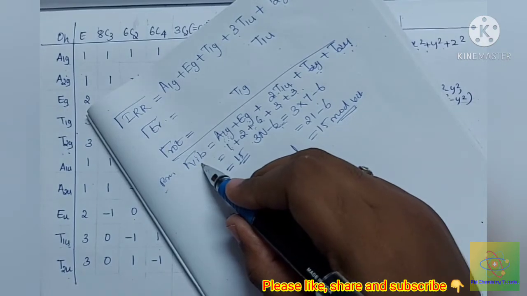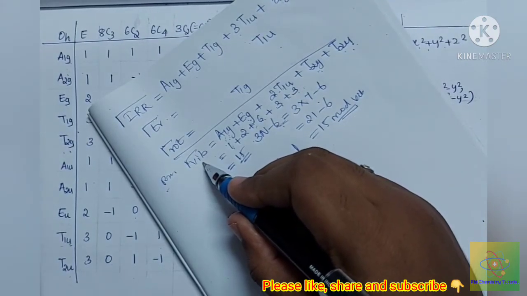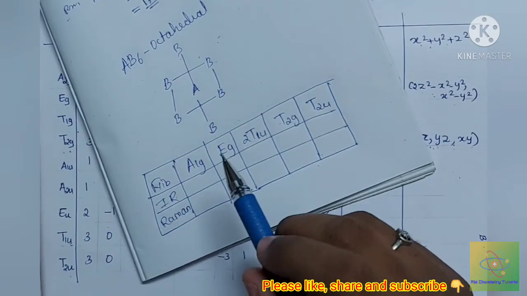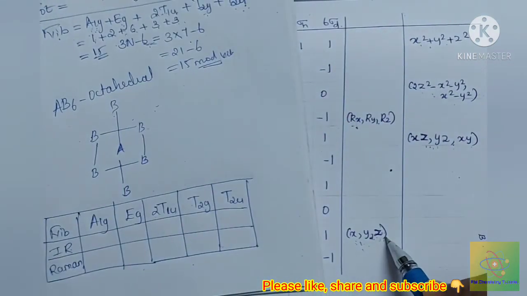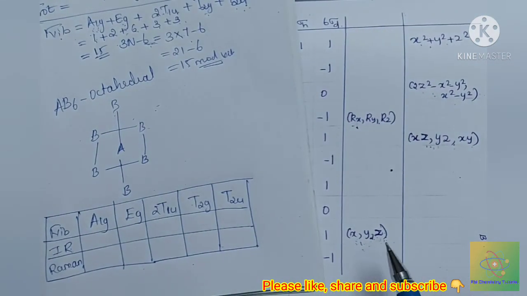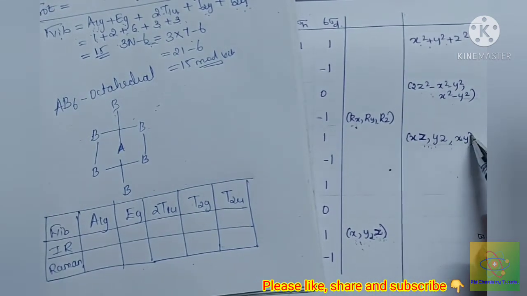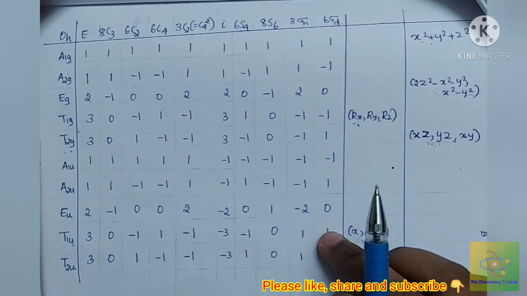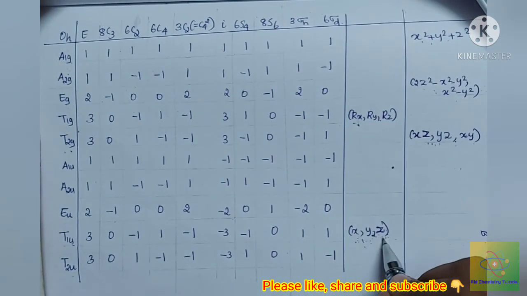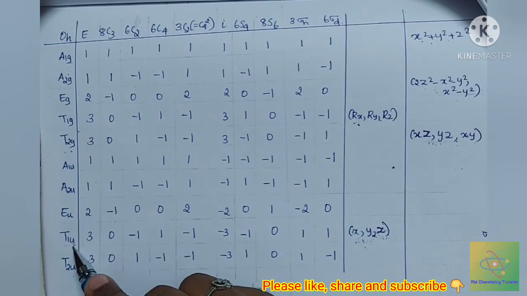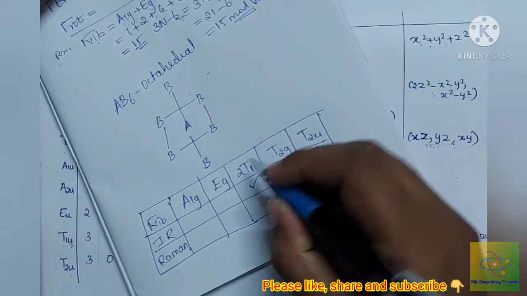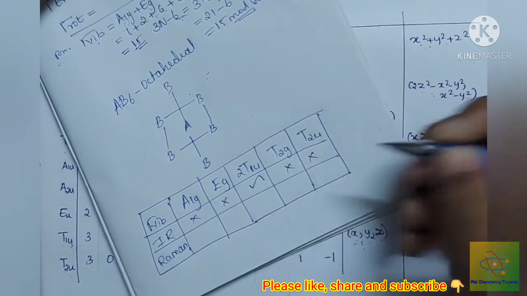So now we are going to check whether these vibrational modes are IR and Raman active. For a vibrational mode to be IR active, we know that there should be X, Y, Z in the second column. That is X, Y, Z present in this second column. And for Raman activity, the irreducible representation should have some linear combinations of the X, Y and Z axis, in the third column. So let us check for all the modes. For IR activity, it is very easy to check. So only one X, Y, Z is present here. Only T1U will be IR active mode. So T1U is IR active and the other modes are IR inactive.